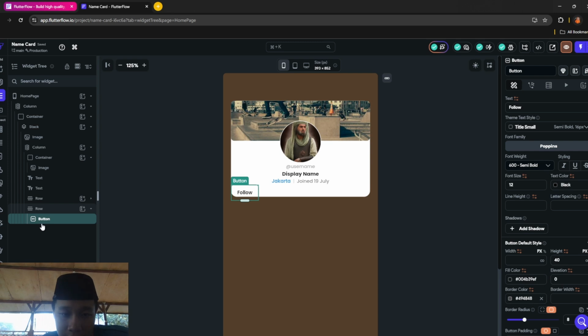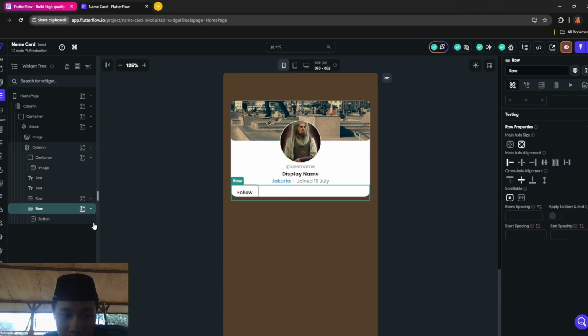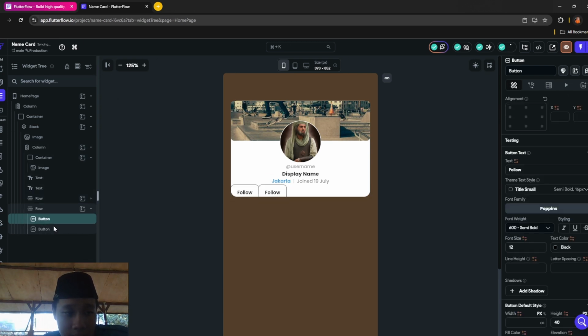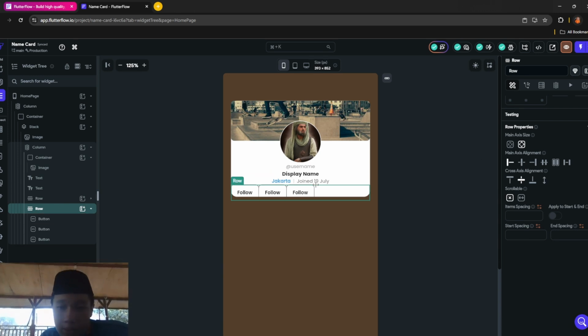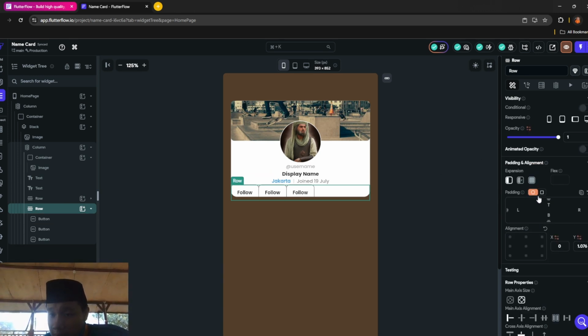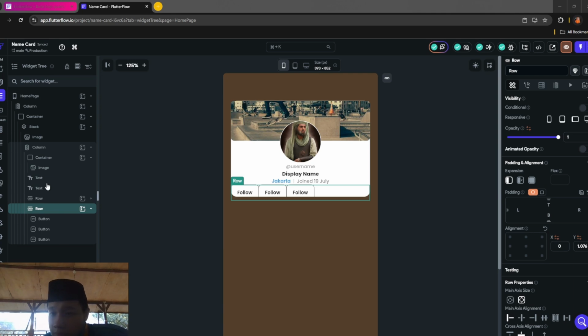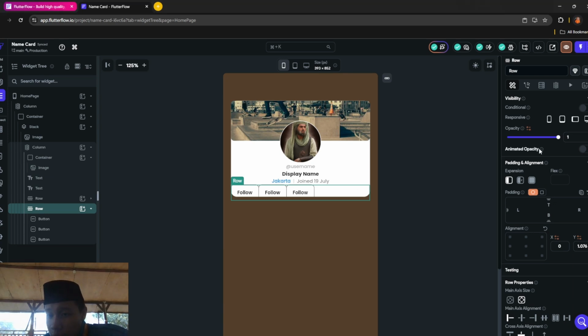And you want to duplicate it 2 times, like that. And then you want to add a padding for this row, maybe 12 and 12.